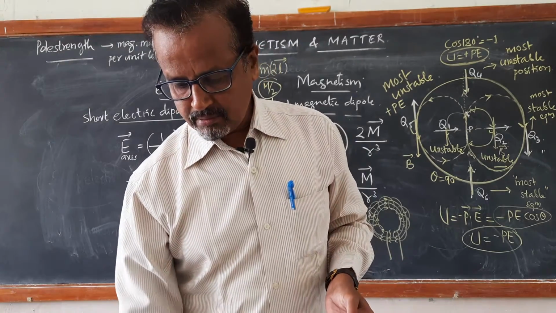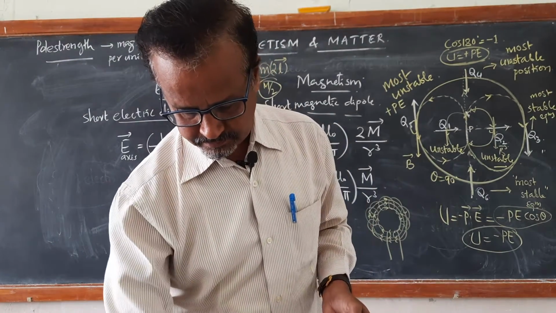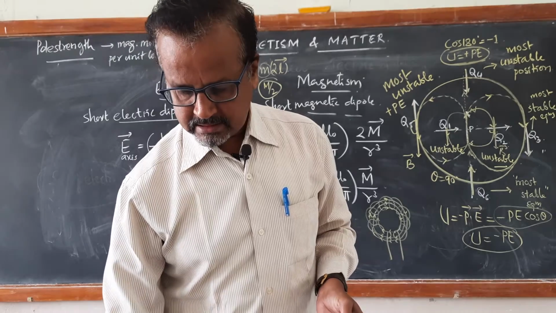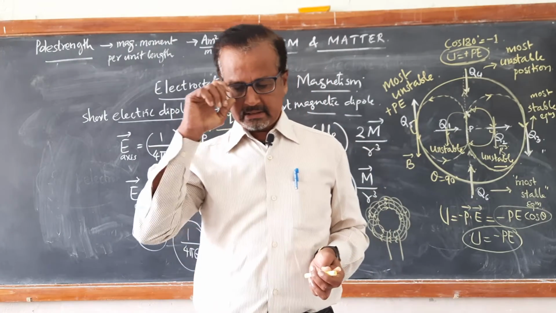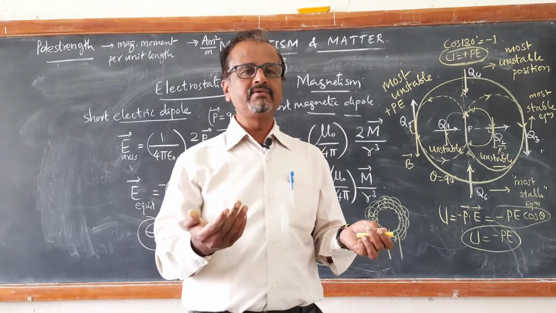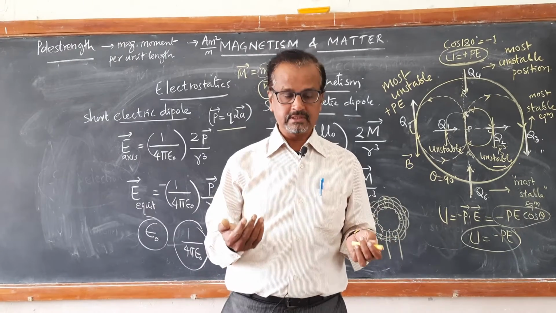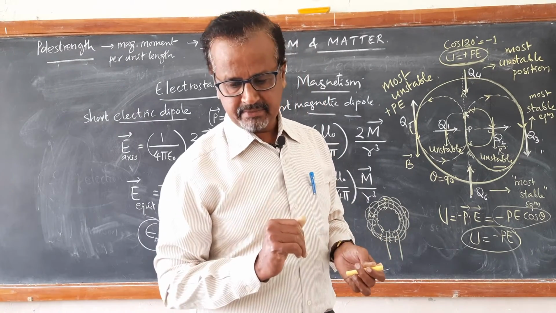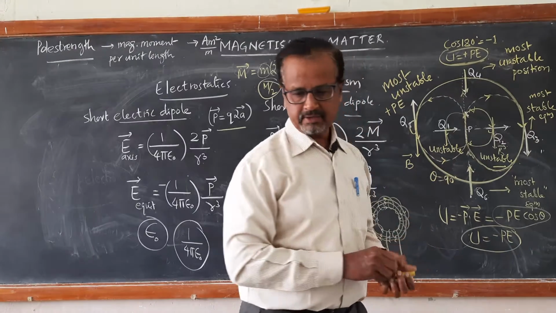Now let us see one more simple example. The example of a dipole. Again it is an example of a dipole. This is applicable even for electric dipoles also. So the configuration is given like this. I have drawn the diagram. I will draw it once again.